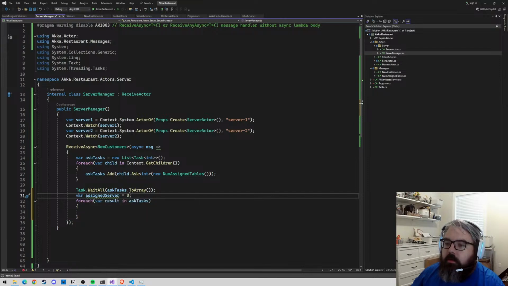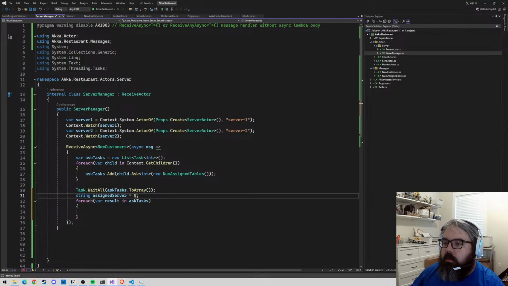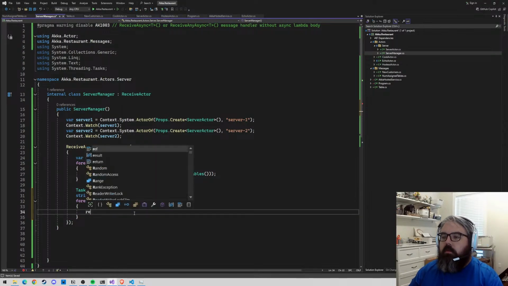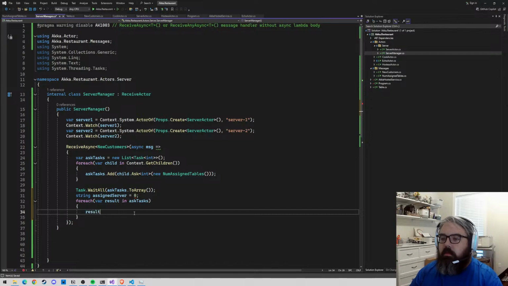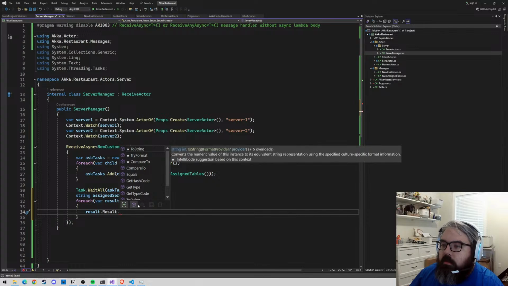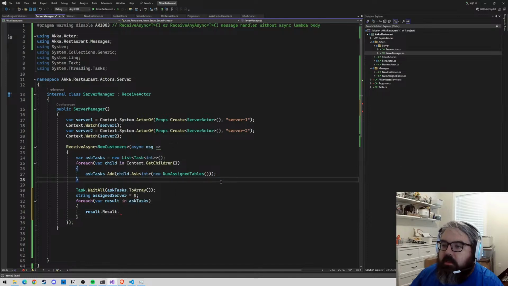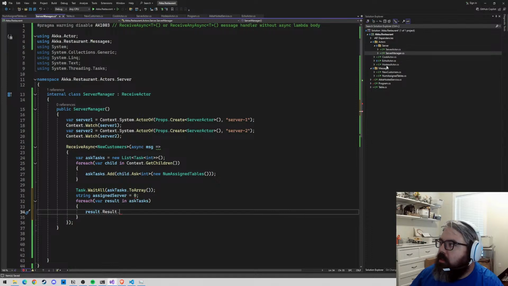Let's do a string. So let's do result dot, what do we have here? All right, so that's an integer. I don't think we want to just assign an integer, and we don't even need to do a foreach, especially if